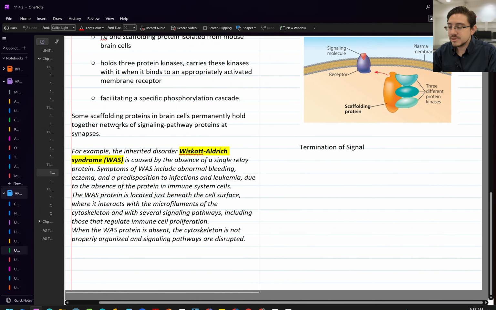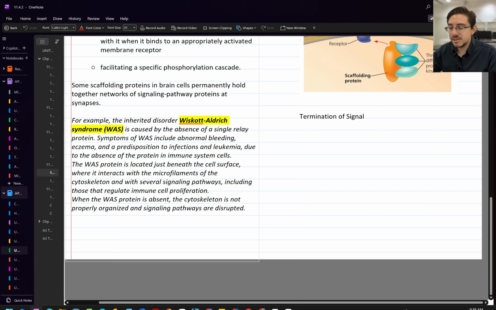The book gives you an example of an inherited disorder. The Wiskott-Aldrich syndrome is caused by the absence of a signal relay protein. Some of the symptoms include abnormal bleeding, eczema, predisposition to infection, and leukemia, just because there's an absence of this protein in immune system cells. Okay, and this WAS protein